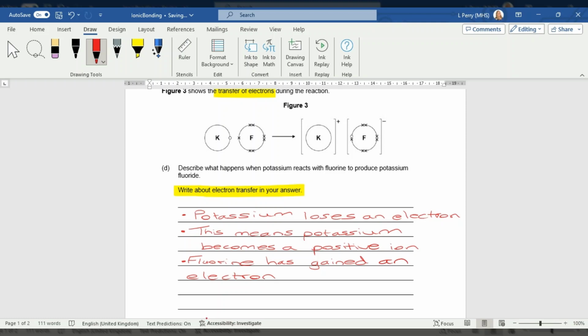I can even go as far as saying from potassium if I want to. So from potassium. And then again, this bracket's extra and it's got a minus. So I can say this means fluorine becomes a negative ion. Now, I'm being told in the original question that they've now bonded, they formed an ionic compound, and this